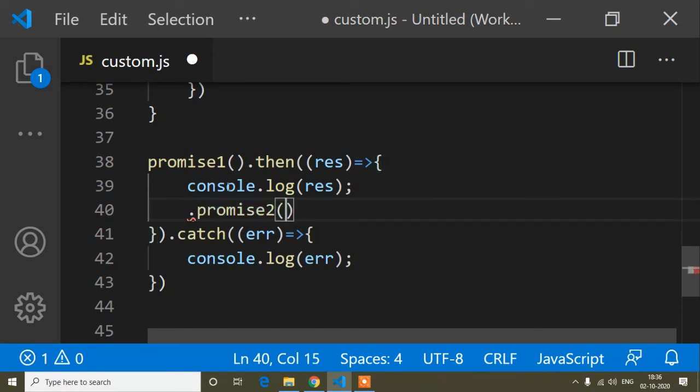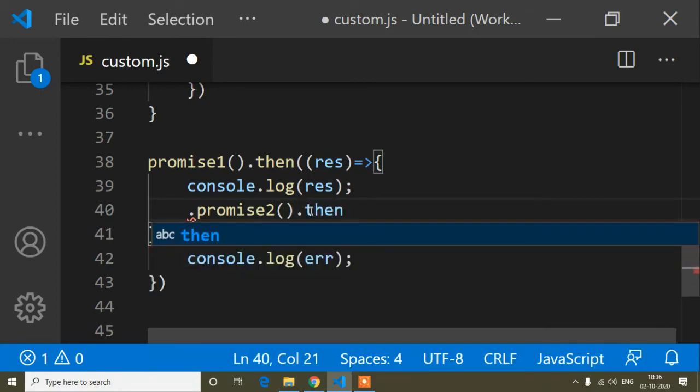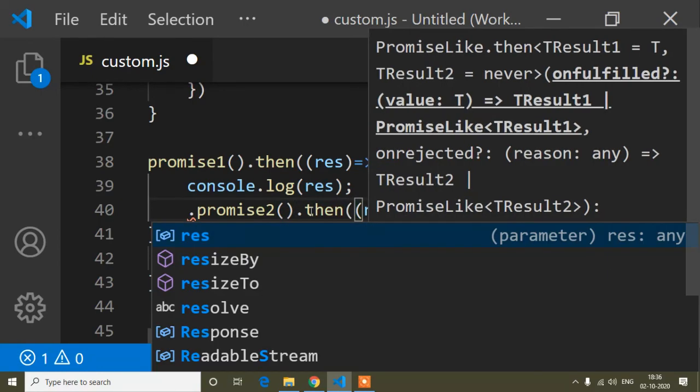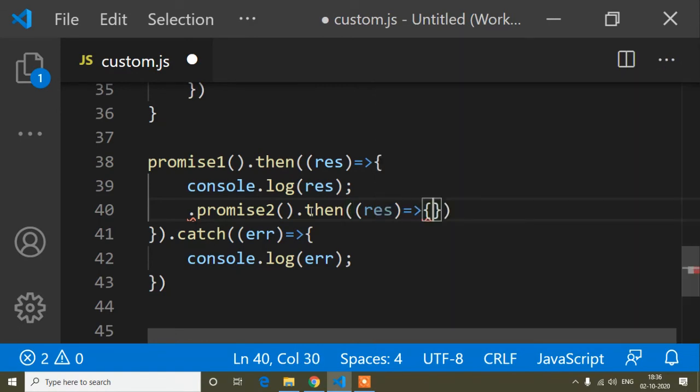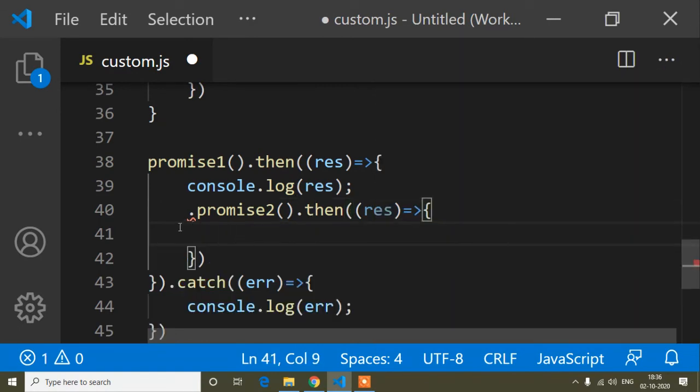So suppose the promise 1 function executes properly, then I will execute this promise 2 function, and the same way we write it in the then, and again it takes a parameter.